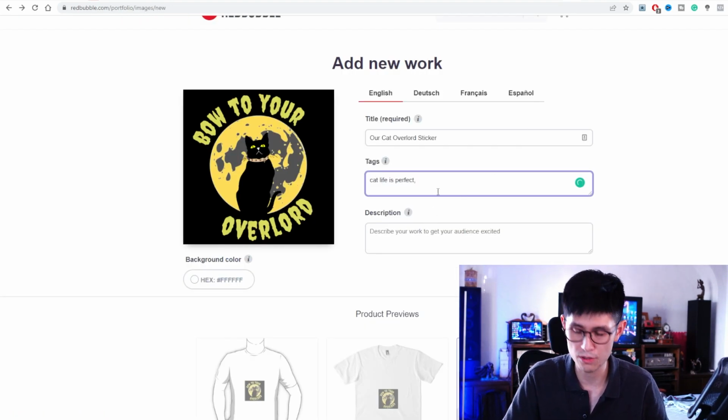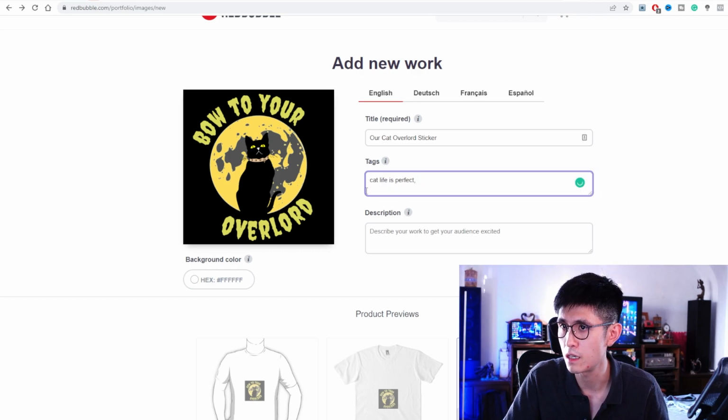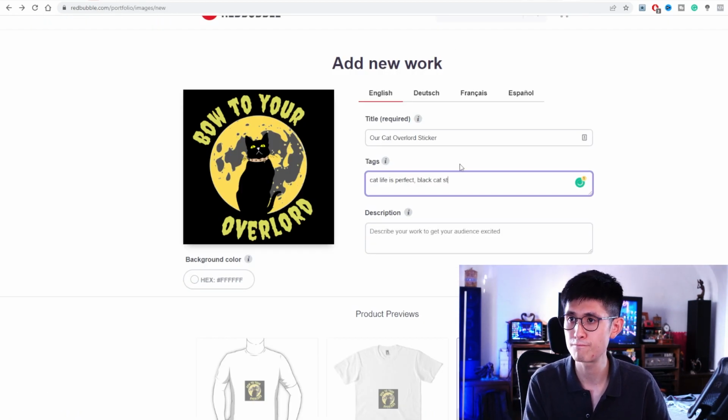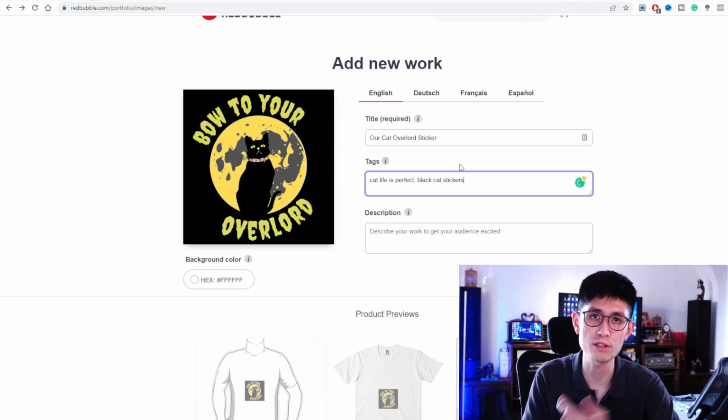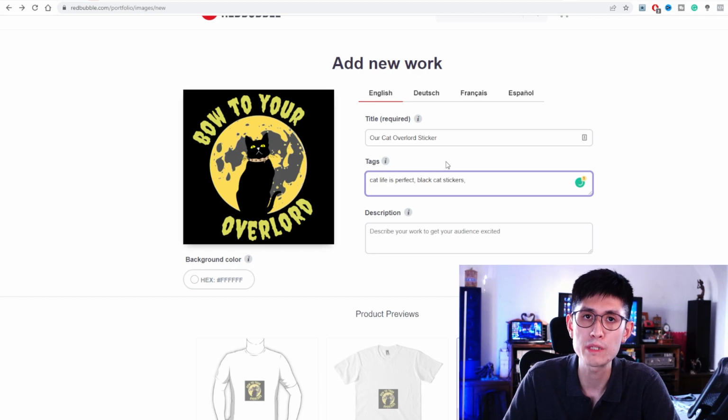And then there's also another niche called, okay, it says to separate by commas. Okay, that's fine. So this is the correct format. And then there's also black cat stickers, right, if I want to target stickers specifically. And just make sure your tags are actually accurate, because again, Redbubble